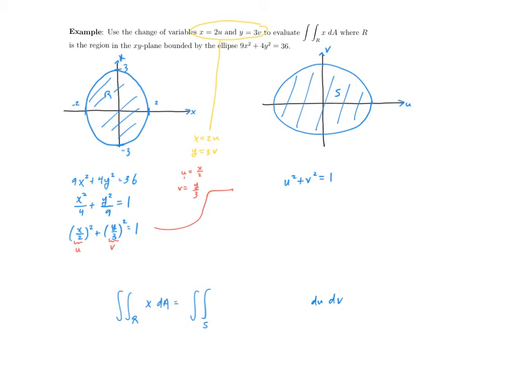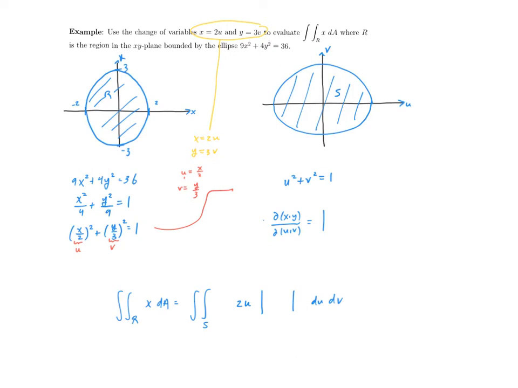Rewrite the integrand, so every x in this case, which is all we have, will be a 2u, and then we need to substitute in the absolute value of our Jacobian. So doing a quick computation, partial x y, partial u v, and looking at the original form of our transformation, we can immediately see those desired